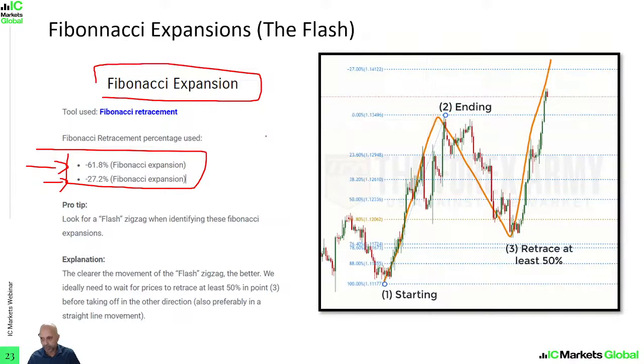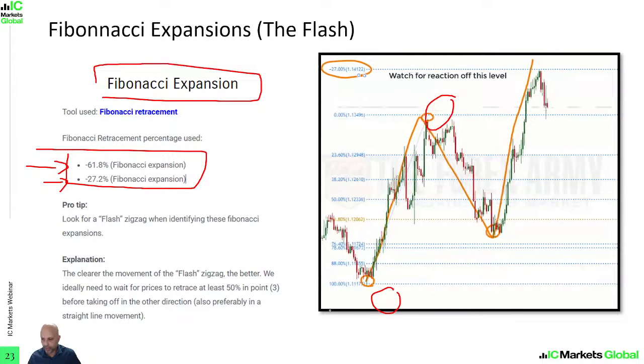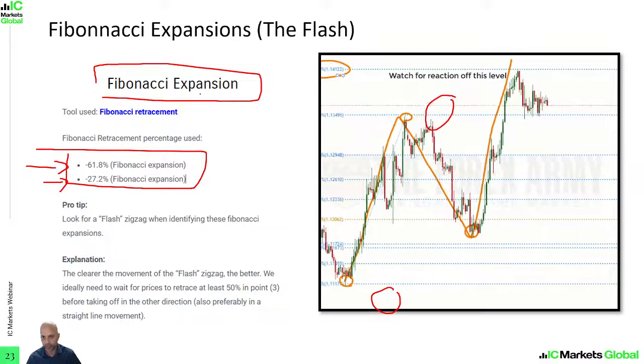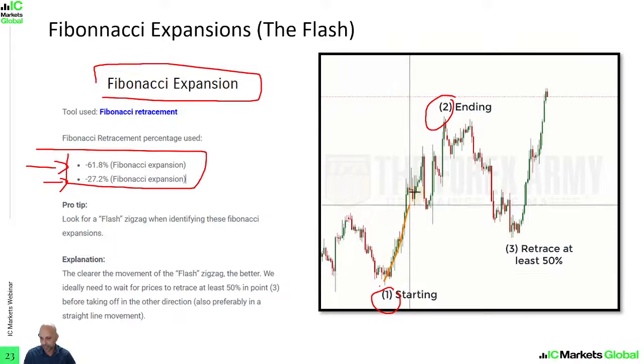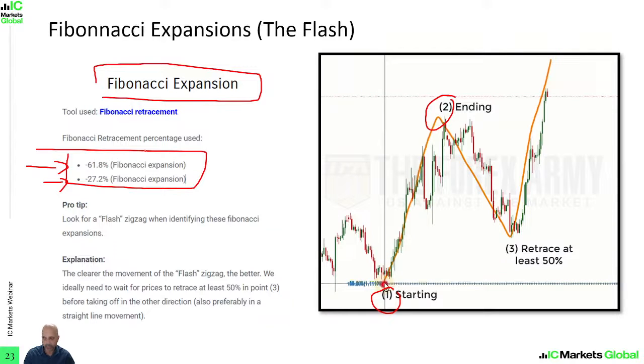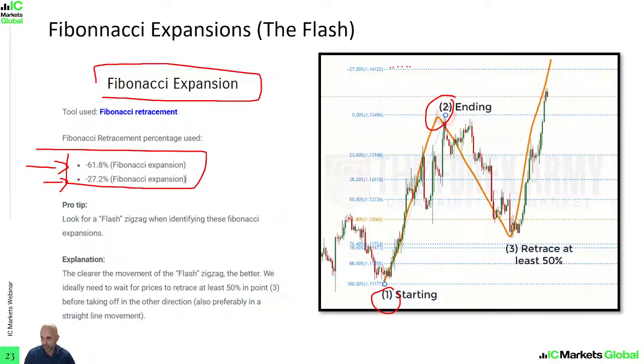Okay, so now we're going to be looking at expansion. So once again, for expansion, we're also going to be using the same Fibonacci retracement tool that involves 2 points. We will start our starting point here at point 1 and end at point 2. So we'll go from bottom left to top right. Now for Fibonacci expansion, because this starting point here is 100%, the ending point here is 0%, the expansion levels, which I mentioned are the negative levels, are going to lie above the swing high at point 2.